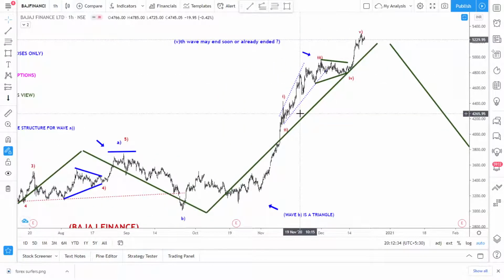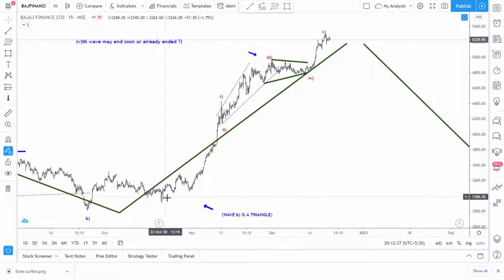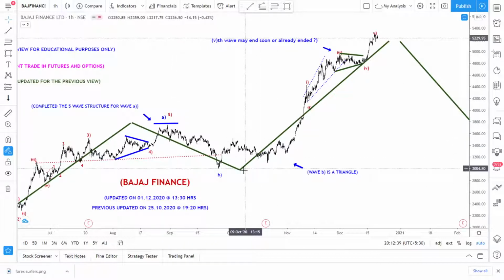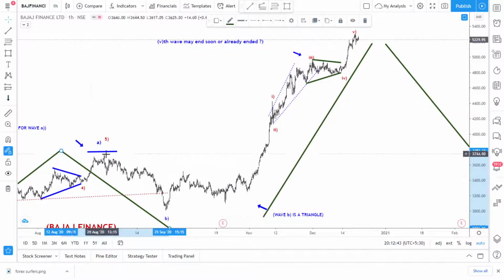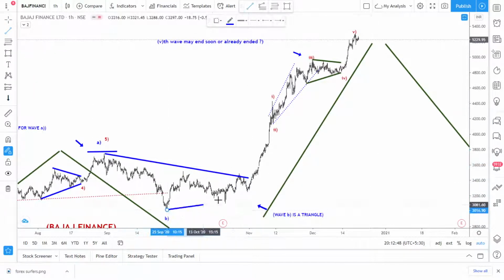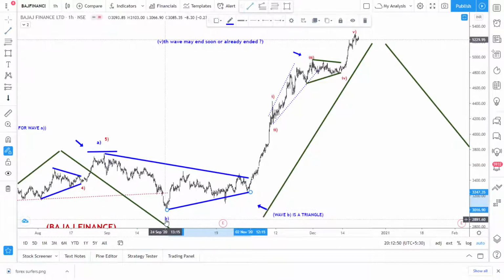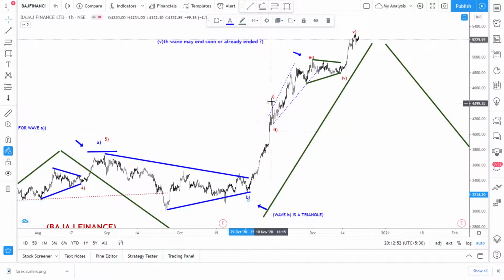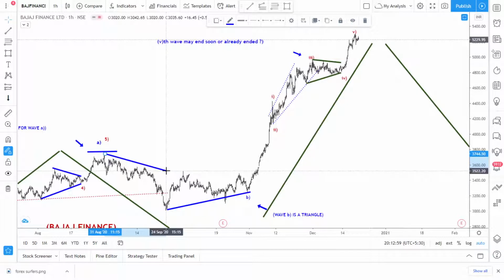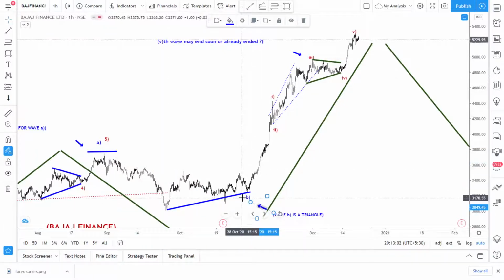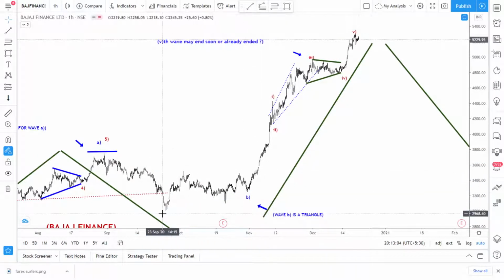So for here, if I previously took this as a triangle, right? And then only I did 1, 2, so it could be 3, 4, and 5 is completed. But if it isn't, it's not a triangle. Once again I'm explaining, if it is not a triangle, if this is the B wave